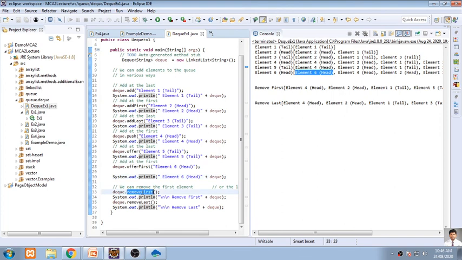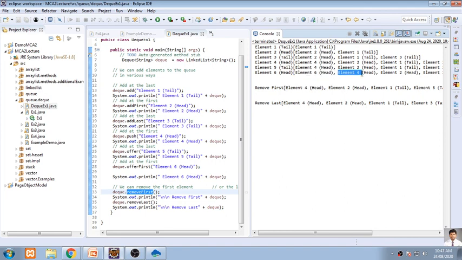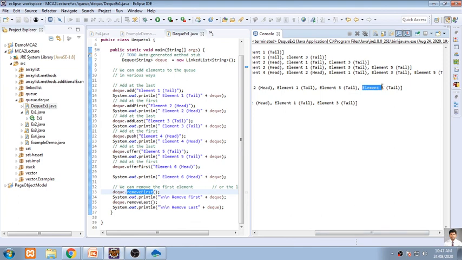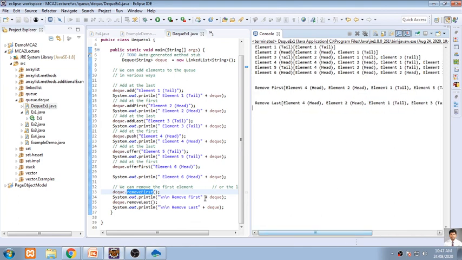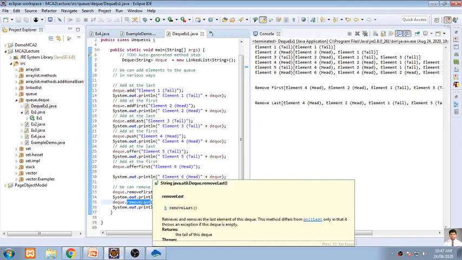And if you want to remove, just like the previous example, you can remove the first one. So for me, the sixth is the first one. So that element is removed. So the second element automatically becomes the first element by saying remove first. And when I go for remove last, as in the previous example, it is the fifth element. So here you will find this fifth element is removed whenever I'm using remove last.